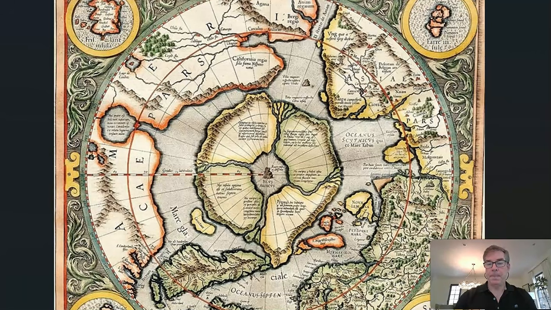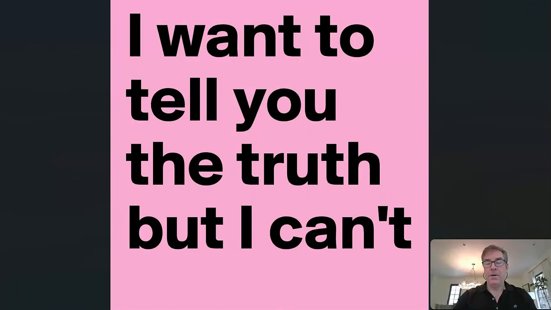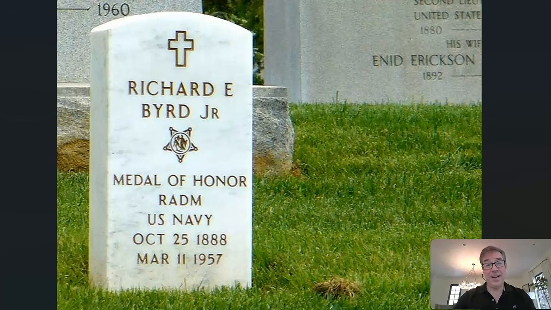And again, like Freemasonry does, Admiral Byrd, he wants to tell you the truth, but he can't. That's why they put the shushes over their mouth and all that. They know that they're in the Little Season. They know the Millennial Kingdom's in our past. Admiral Byrd, I'm sure, probably saw things that he could not tell people. So he tried to tell people in a way where he wouldn't get in trouble. And you can see here, he died shortly after that interview.